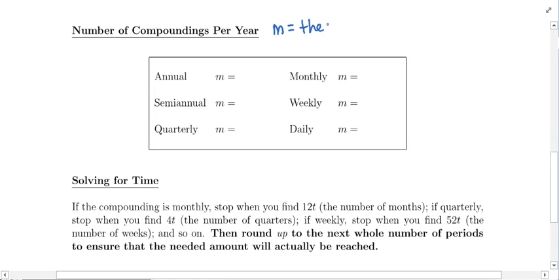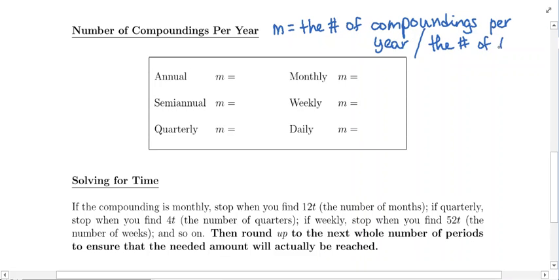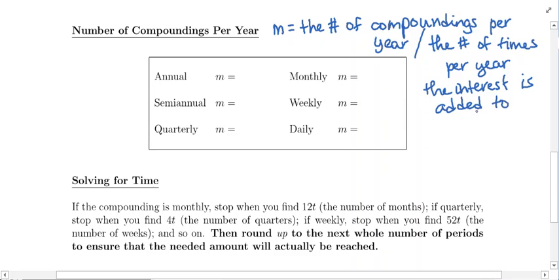M is the number of compoundings per year, which we've already talked about, okay? You can also think about it as the number of times per year the interest is added to the account. Okay, so like I said, all these formulas, with the exception of simple interest and continuous compound interest,